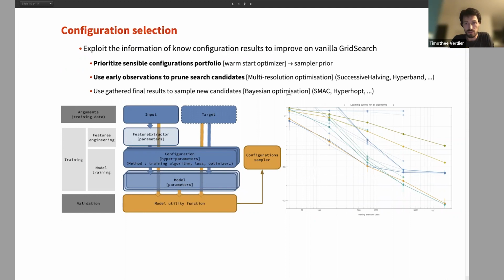So you start with a lot of configurations and you train them on very little data, and you see how they behave. Based on the validation you have here, you select the best ones, only a given fraction, like one half or one third. And you move on to train on 10 times or 5 times more data. You carry on in this, which we call rounds, again and again, selecting only the best. Hopefully you will train only a handful of configurations on the full dataset. So we gather as much information as possible at the early stage and stop configurations that we deem